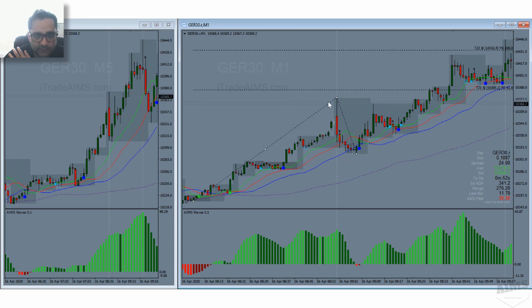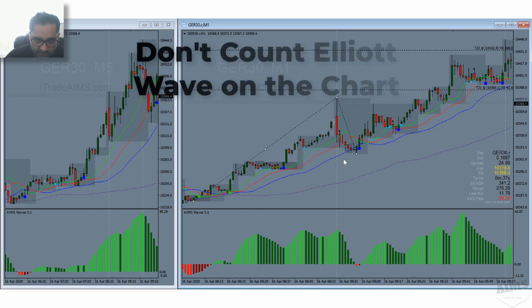So you can see if this is your 3 and this is your 4 because there's a cross of the 0 line. When it comes to wave counting, we don't believe in price as much as we believe in this. So price might throw you off, the count and stuff. Don't do your count on the price. If you do your count on the price,